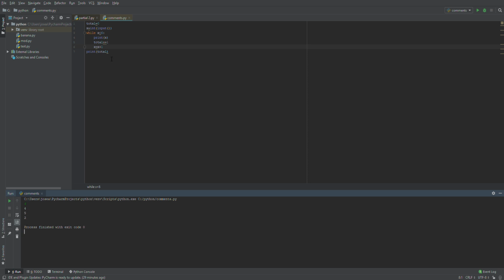Which are these numbers? This is the value of x first, so it's 4. Now it's added 1, so it's going to be 5. And now it's not going to be less than 6, so the process ends here. But total is going to be our counter. It did two